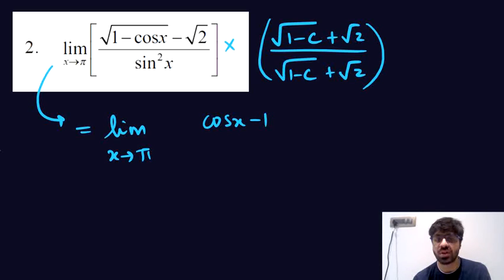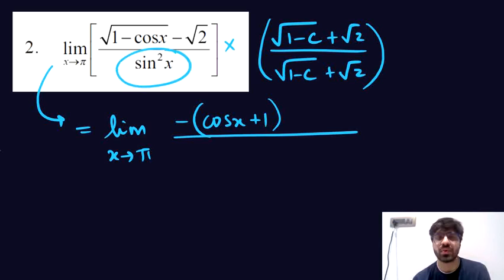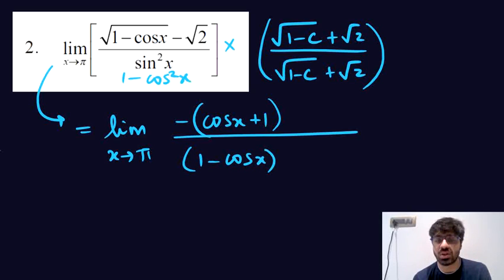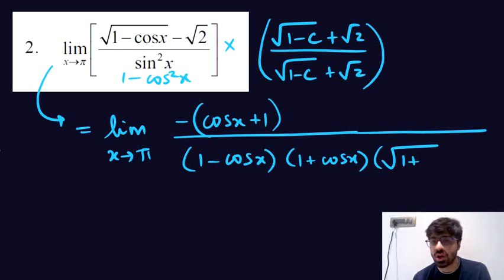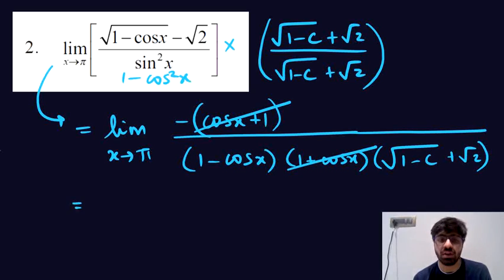We have minus of cos x minus 1. Take a minus common and you can write it as cos x plus 1. And in the denominator, this sin square x can be written as 1 minus cos square x. 1 minus cos square x is again of the type a square minus b square, and we can write it as 1 minus cos x into 1 plus cos x. And in the denominator, we are finally left with just one more bracket, which is root over 1 minus cos x plus root 2. You can cancel off 1 plus cos x in the numerator and denominator,